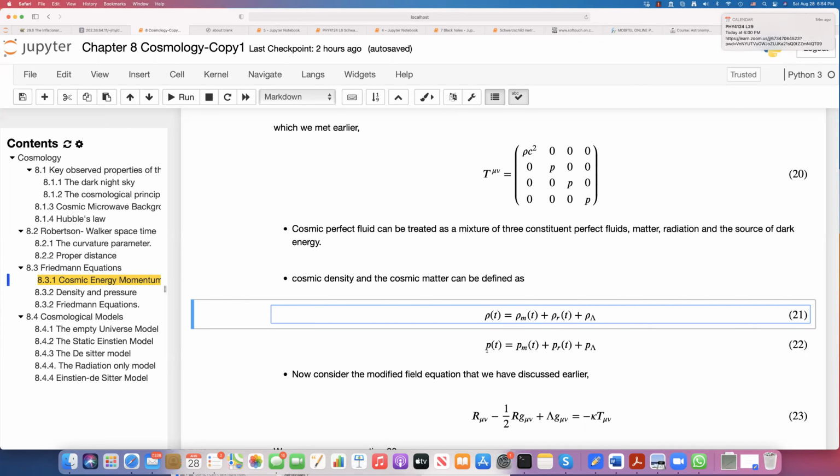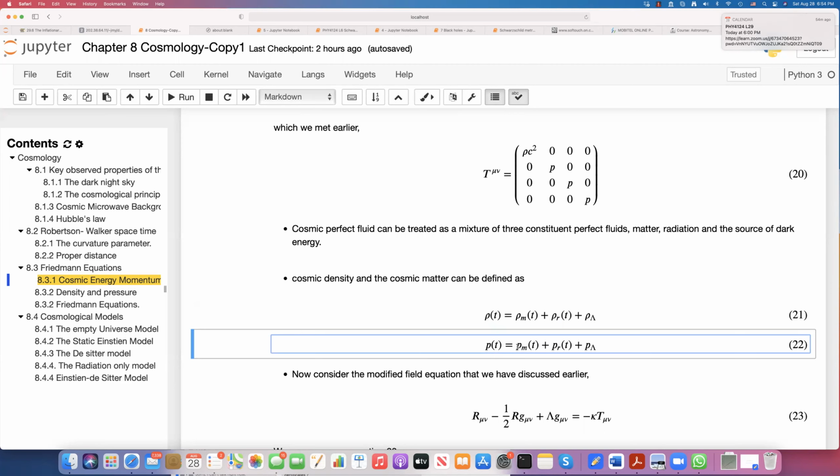It is the same for the pressure. It will be again the pressure coming from the matter, and then pressure from the radiation, and the pressure due to the dark energy source. So there are basically three main components that you have to consider here: matter, radiation, and dark energy. Now, when you say matter, the dark matter is also included inside that. Right? So that is something that you have to make sure that you understand. Dark energy is something else. So that is the important point here.